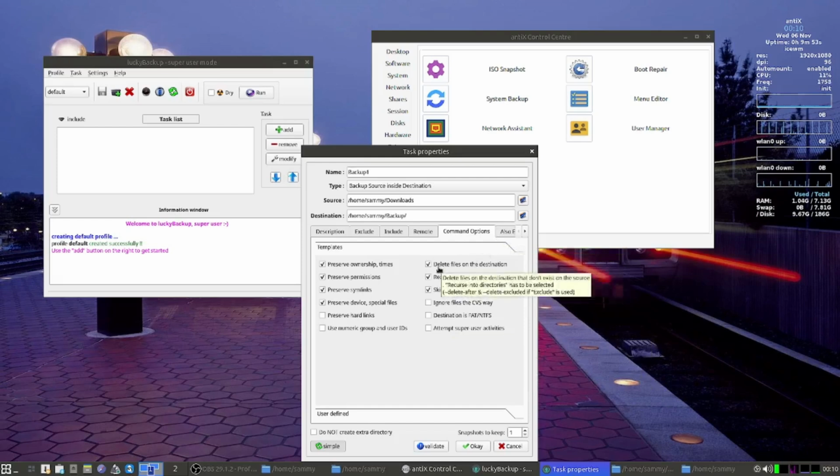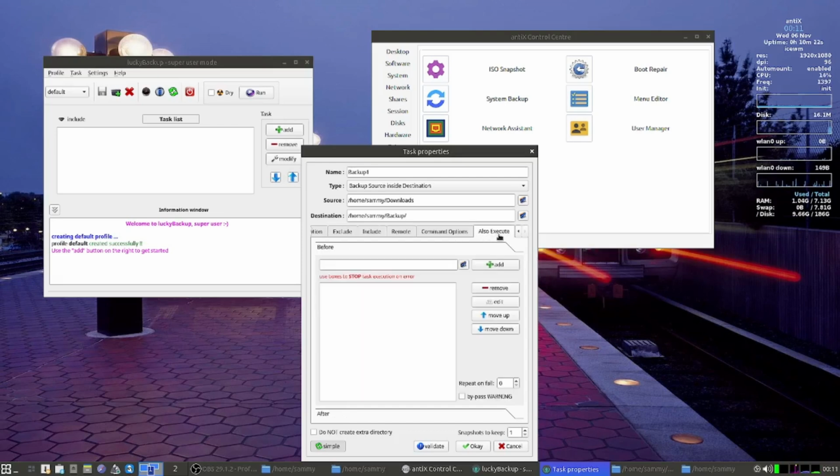So here what happens is delete files on destination. Whenever you try to do a full complete system backup, sometimes this will cause issues because it will delete the files from the destination. So the old files will get destroyed and new files will be overwritten if there is a change in the timestamp. And sometimes this can cause issues whenever you restore those files. Then there can be system corruption, and also you can execute certain